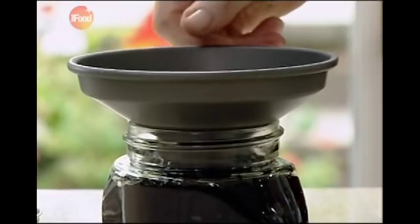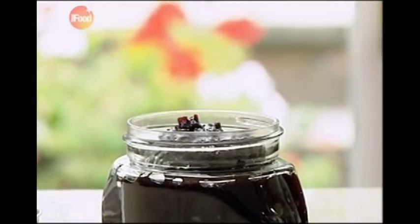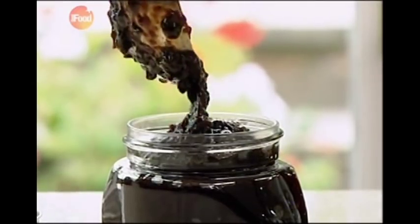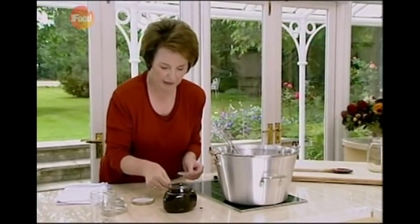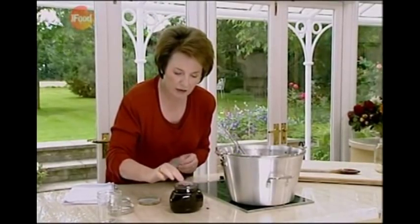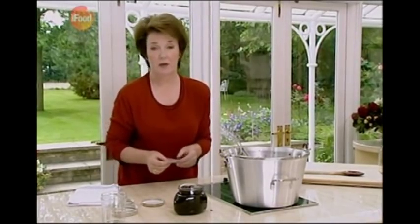But again, the rules are the same. You've got to fill it right up to the neck. We're going to just pop a little bit more on there because I want it right to the top so there's no gap. And then I'm going to use 2 wax discs because this is a bigger gap at the top here, just to make sure it's sealed. And all I can tell you is that you can only make this in the autumn, end of